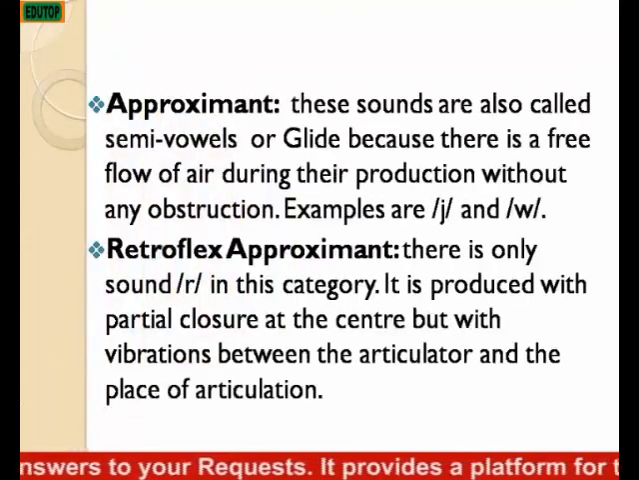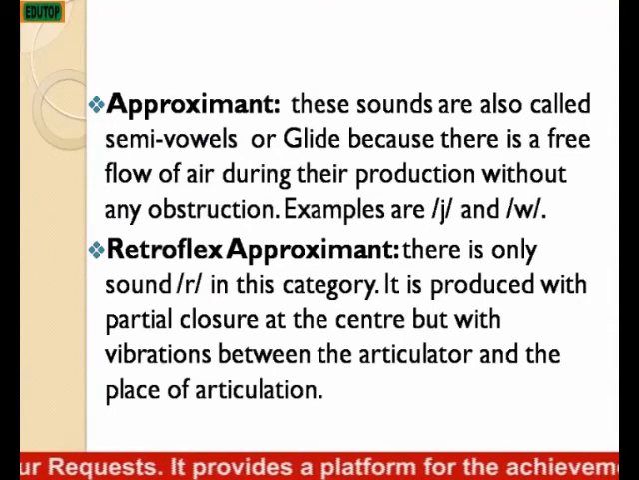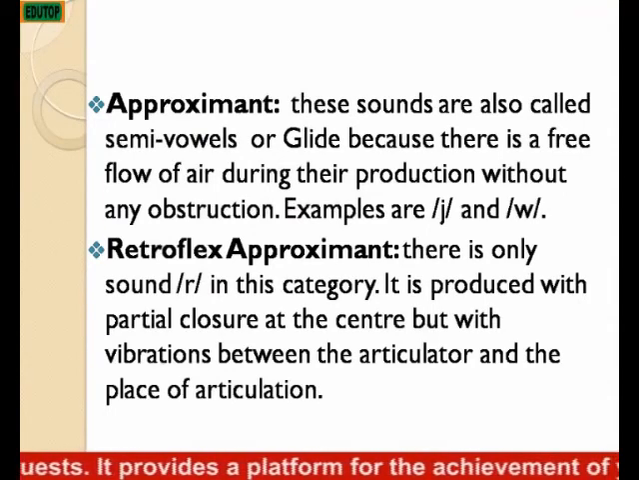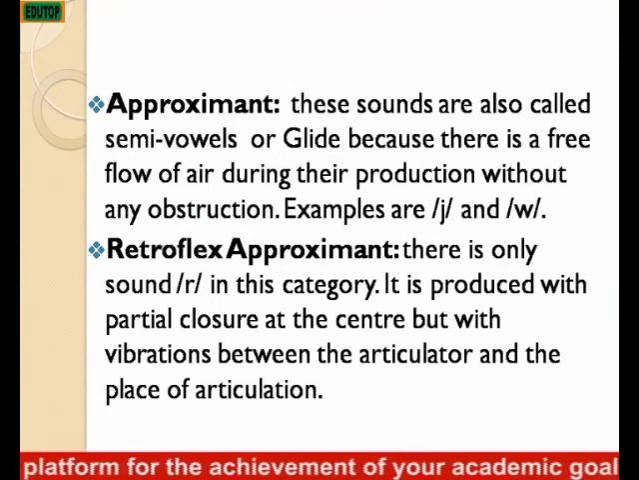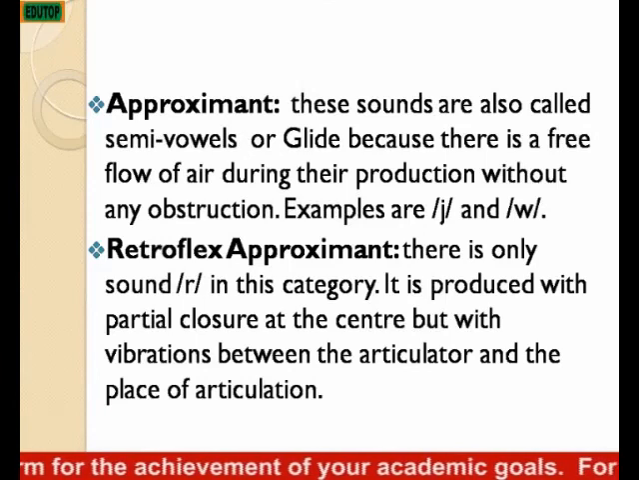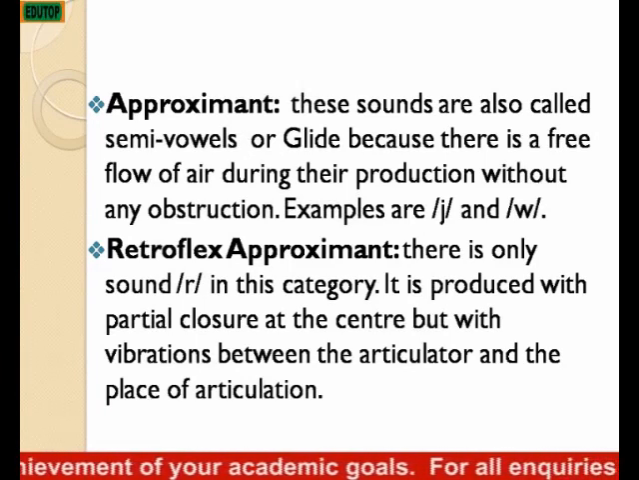We have approximants. These are sounds that are also referred to as semi-vowels because there is a free flow of air during their production and there is no obstruction. So examples include j and w. Retroflex approximants. There is only